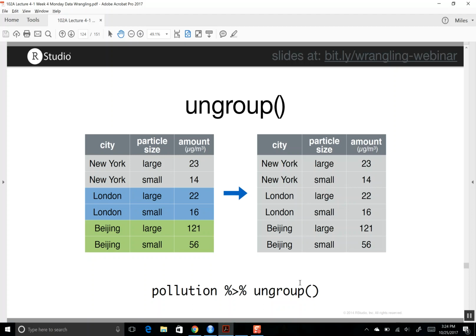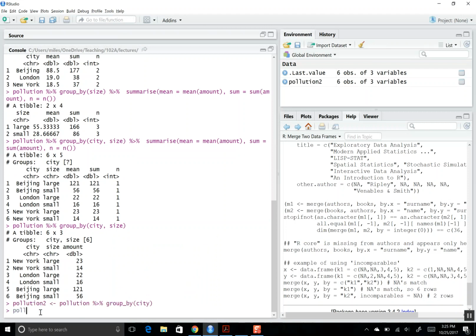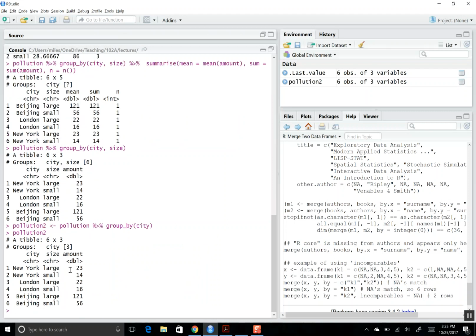You can clear out the groups by using ungroup, right? So here I have pollution. If I say pollution 2 is going to be pollution group by city, okay? So pollution 2 we can see is groups city, and then if I take this